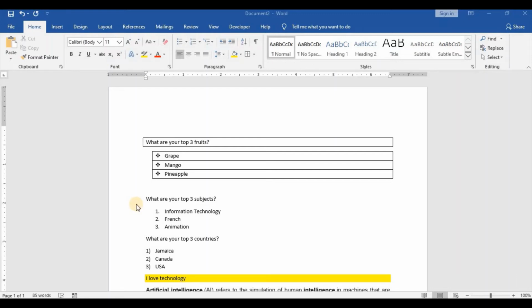Hey guys, welcome back to another video tutorial, and in this video tutorial we are finishing up our groupings in the home tab area. And in our last tutorial we identified the paragraph grouping and its related formatting features, and for this one we will be looking at the styles and the editing groupings,